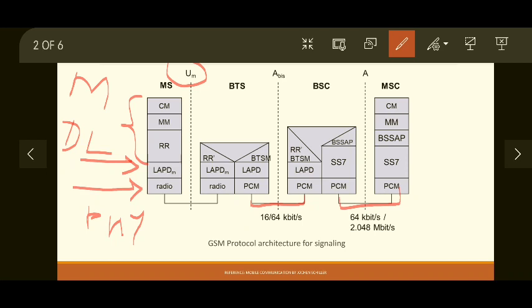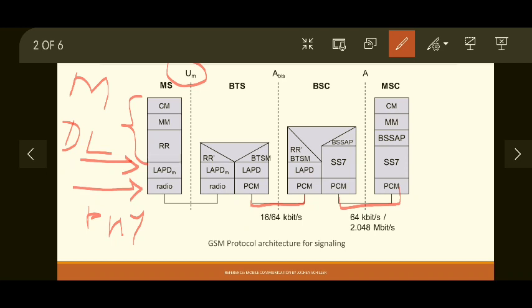So out of the 7 OSI layers, only 3 layers are defined in the GSM protocol architecture. The remaining layers are the responsibility of the service provider. Okay, so the media access layer has 3 sub layers at the mobile station, whereas it has only one sub layer at the base station and base station controller, and again 3 layers in the mobile switching center.